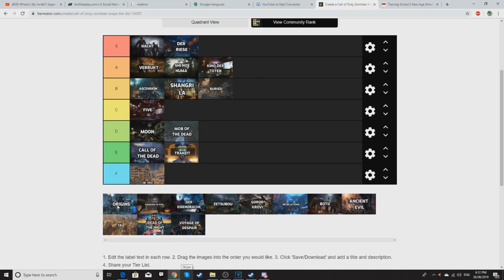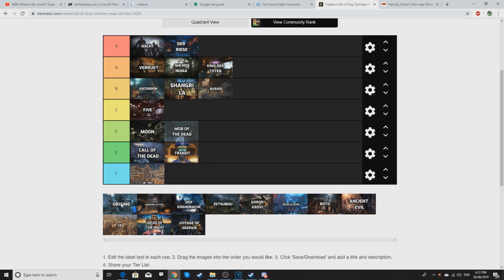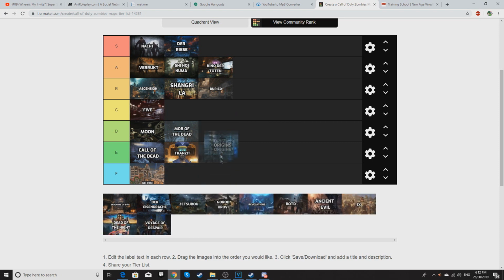What's the next map? Okay, the final map of Black Ops 2, Origins. I think I'm going to have to put that in... It's definitely one of the lower... Again, you'll find a lot of these maps down the bottom are going to be in the lower category, because most of the older maps were the better ones. But Origins...